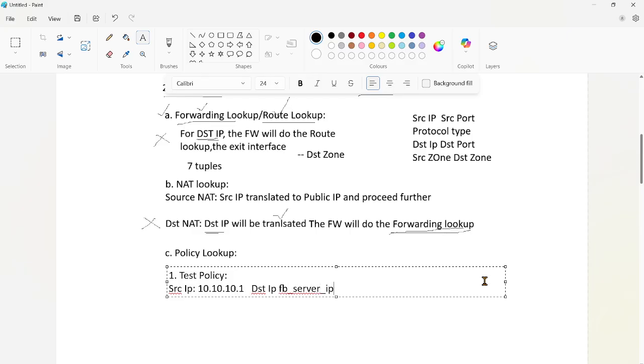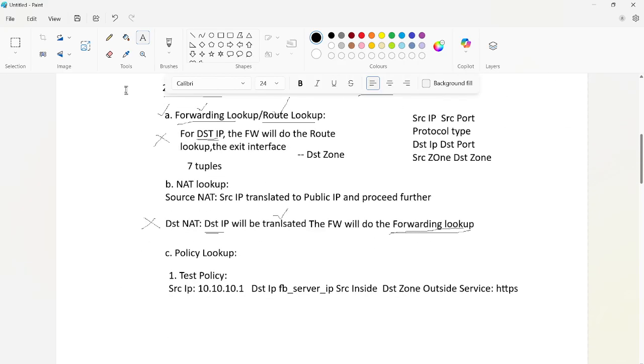I mentioned source zone as inside and destination zone as outside. And I will be configuring a service, which is HTTPS. So I configured a policy like this.